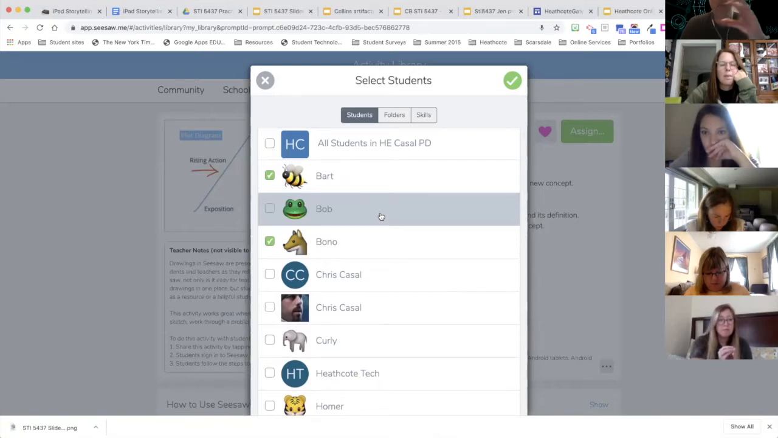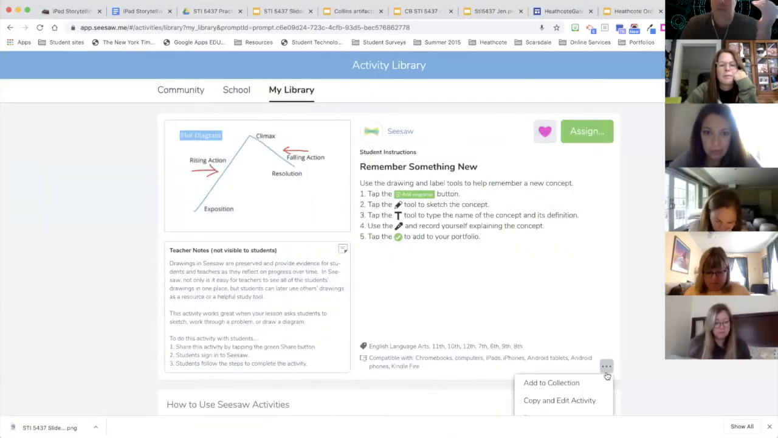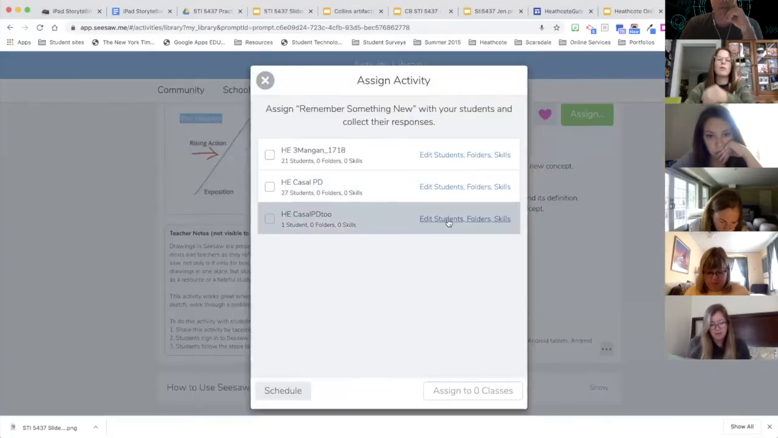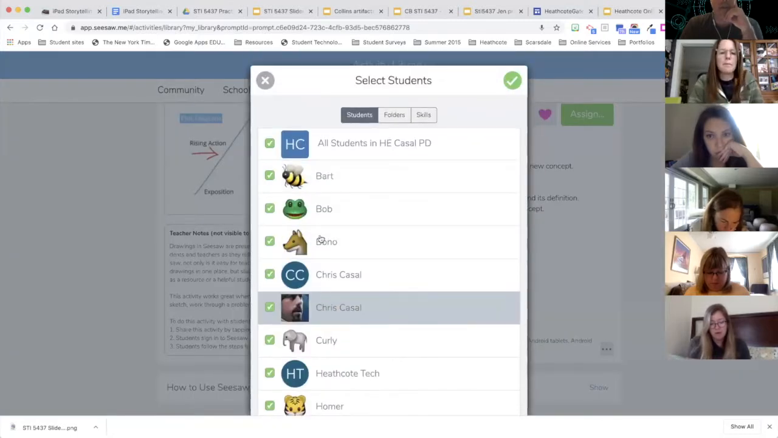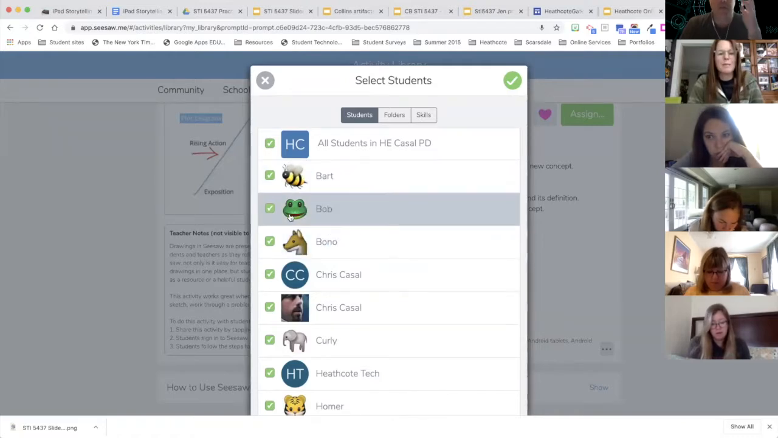You could have versions of the same assignment, which is nice because when you go to this, everything will always have a copy and edit. So you can make, like, three copies of the same assignment with slightly different directions or slightly different expectations, and then assign them. When you go to assign, you just don't assign it to the class, you edit the students. That way you could assign your early readers one version, your emerging readers another version, and